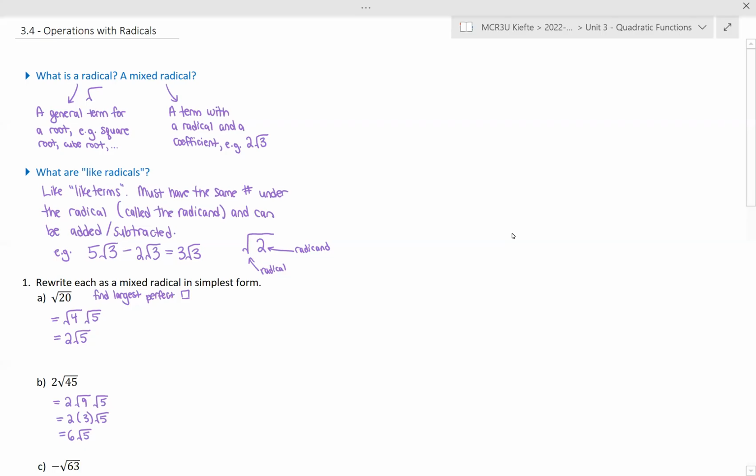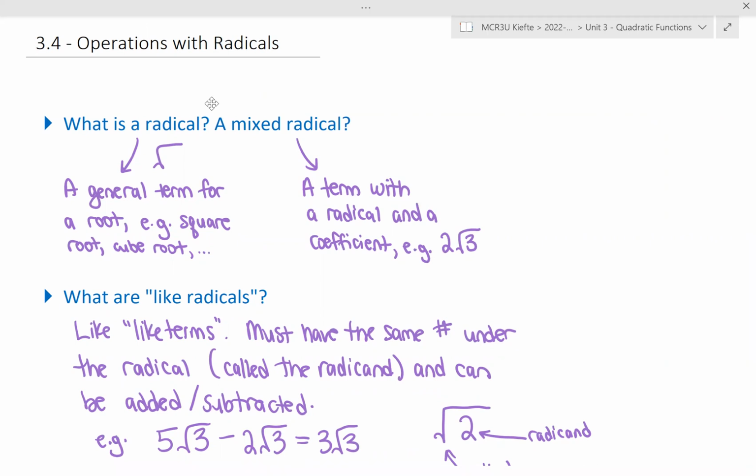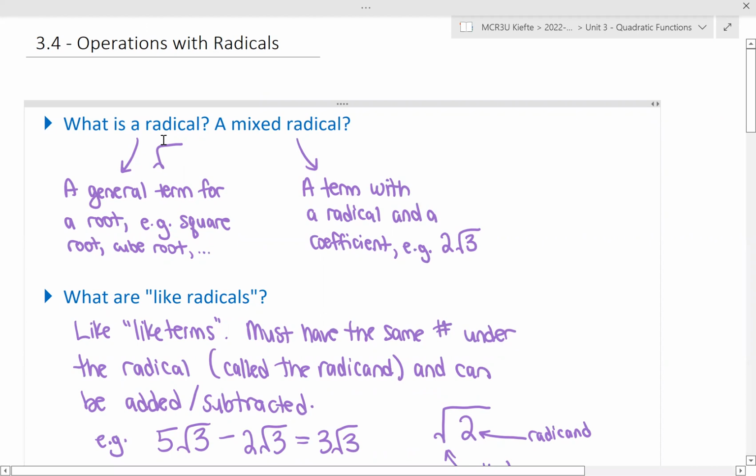All right, today we're going to be looking at radicals. Radical is a generously named thing in math. It sounds a lot cooler than it is. But basically a radical is just a general term for a root, like a square root or a cube root. So it's just this symbol right here. But again, it could have like a little 3 or a 5 if you're talking about the fifth root, for